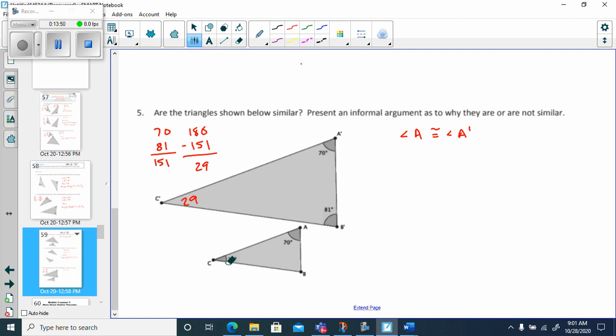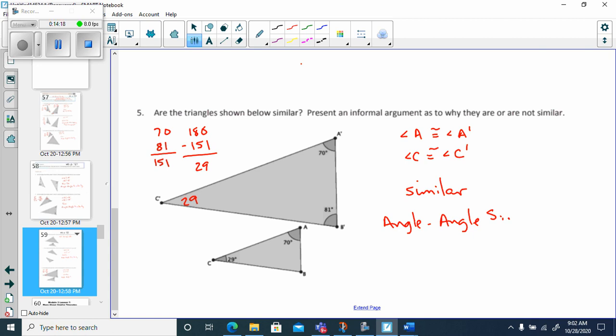I've got angle C and angle C prime. Angle C is congruent to angle C prime, right? They're both 29 degrees. I have two sets of corresponding angles that are congruent. A and A prime are both 70. C and C prime are both 29. If I've got triangles, that means that the two triangles are similar. I know they are similar because of angle